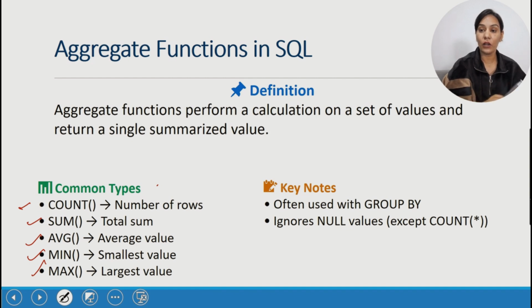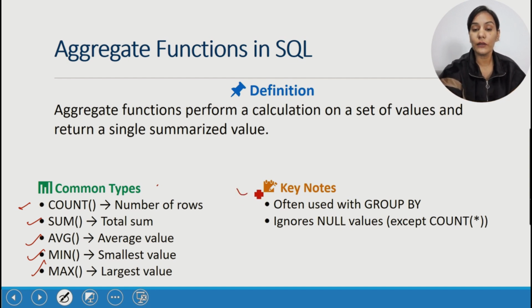But we still have a lot of mathematical ones, like standard deviation and variance, which we can use according to the requirements of the project. Count will return the number of rows in our table. Sum is the sum of that column. Next is the average of that particular column. Min is the minimum value that exists in that column, and max is the maximum value in a column.